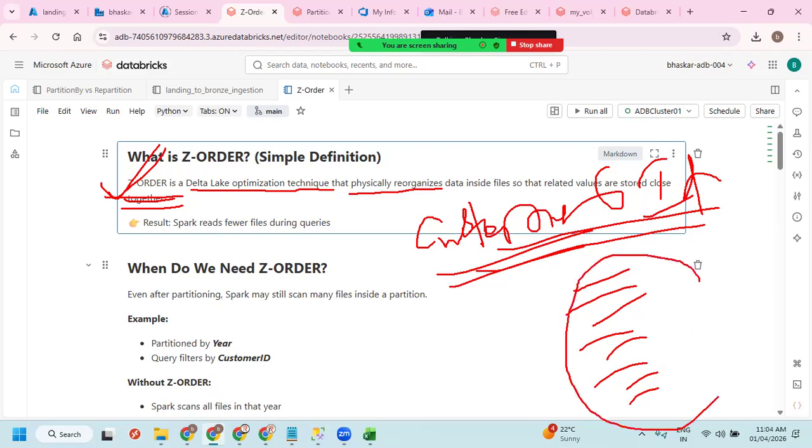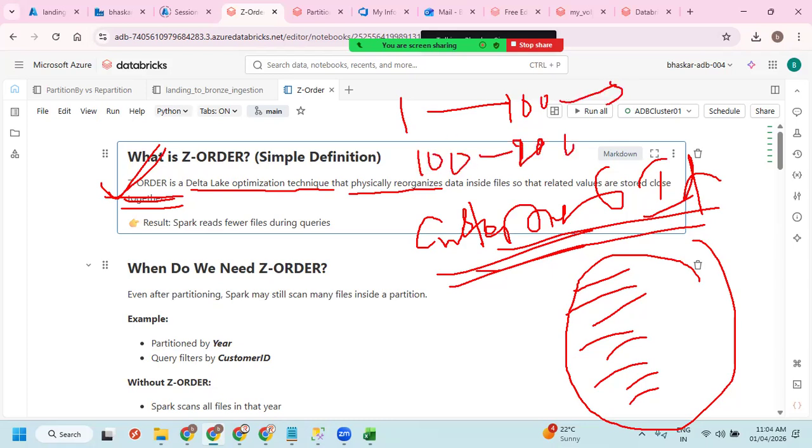So to avoid that, we can take the first 100 customers into one partition, 101 to 200 is another partition, something like this we can create. If you wanted to create that kind of partitions, we are going to use Z-order.